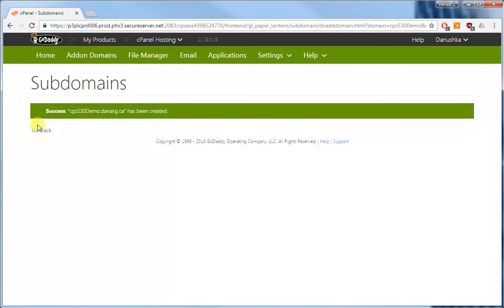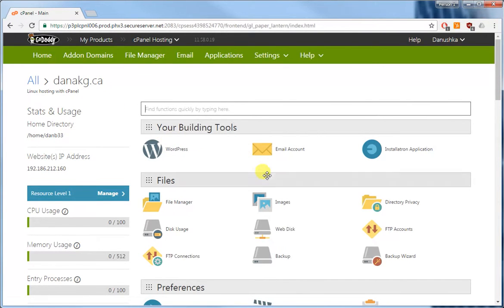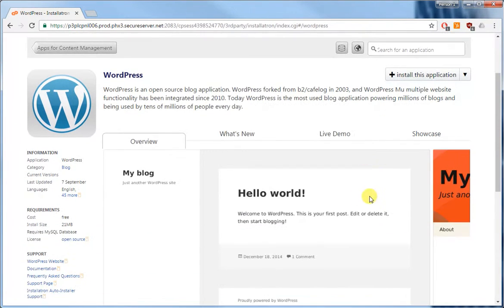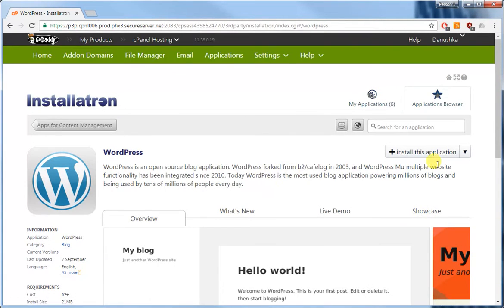All right, successfully created. We go back home and back into our cPanel. Now we're just going to look for WordPress, not your building tools, but go down to WordPress where it says web applications. You have WordPress, Joomla, Drupal, phpBB, and a whole lot more different web applications you can install on your server. But let's just install WordPress, obviously. Okay, and we're brought to this page. We're going to click install this application,